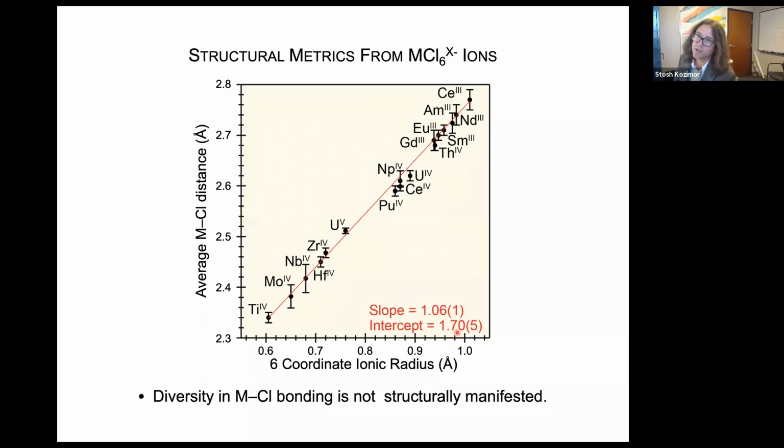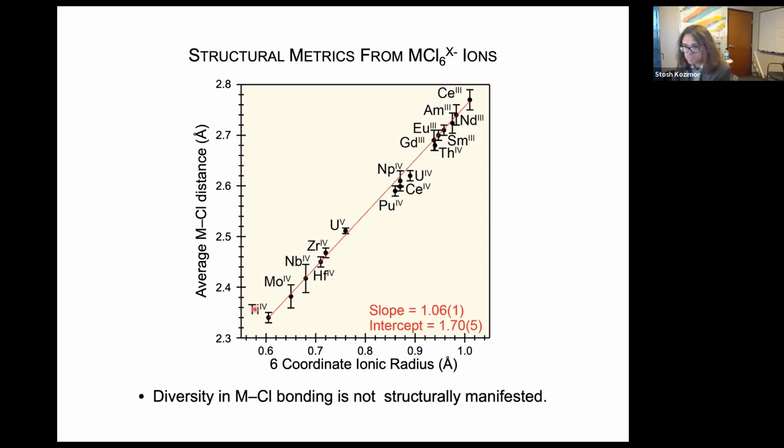And that might lead you to believe that the electronic structure for all of these compounds is similar and that the orbital mixing is similar, and that's not true. What I showed you is that it's wildly diverse, despite being able to predict the metal ligand bond distances based on ionic